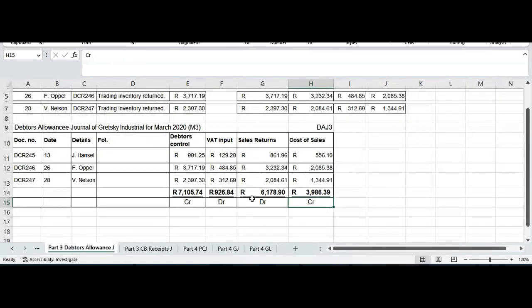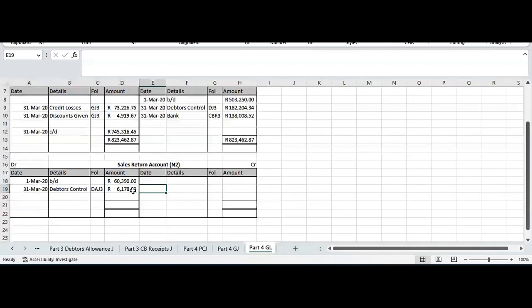So there we have sales returns, the 6175, and when we go to our general ledger, that's the amount that we calculated. Okay, there is nothing else there, so you can just put in the 66,569 there,